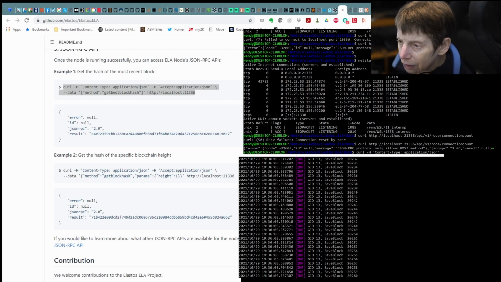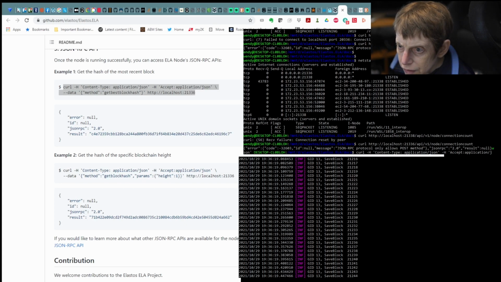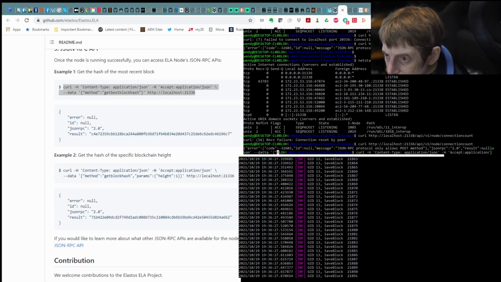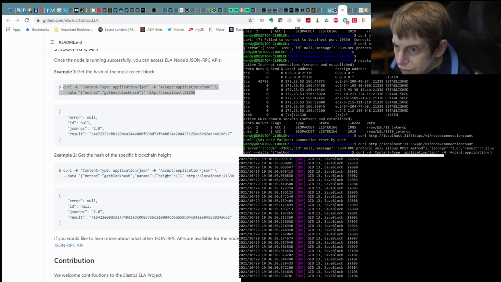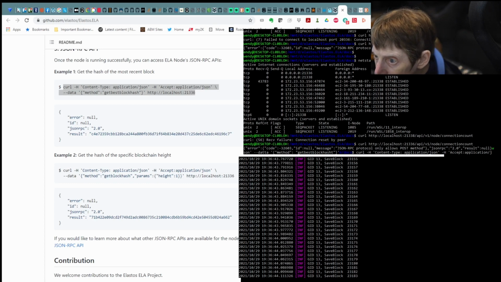That just means that it's asking for JSON. -H, and then accept application JSON, and then data, and this is going to be JSON here, method colon get best block hash colon, I'm sorry, then we bracket, close bracket,